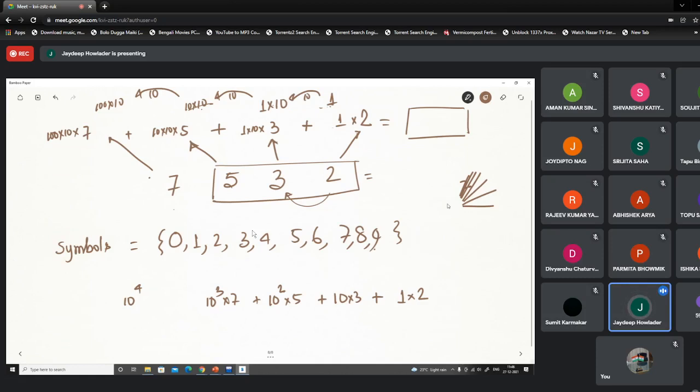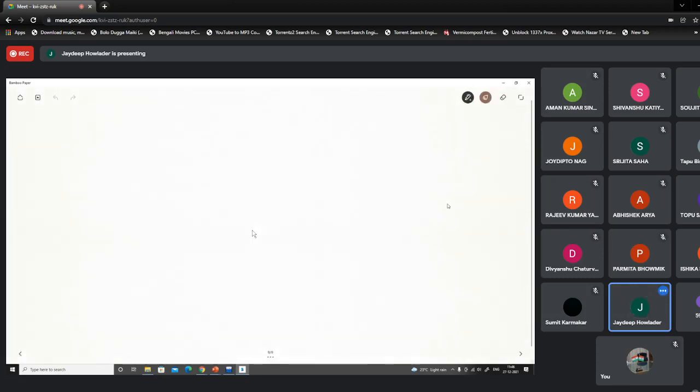Now the heart of positional number systems is that there are two entities. One is called the symbols, or alphabets or digits, whatever you want to name, and then it's called the base or the radix. Okay. So now if we take the base as 10, we call these things decimal numbers. If we take the base as 2, then we term these things as binary. So now this becomes a binary.